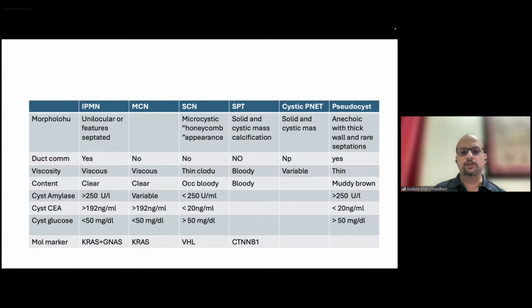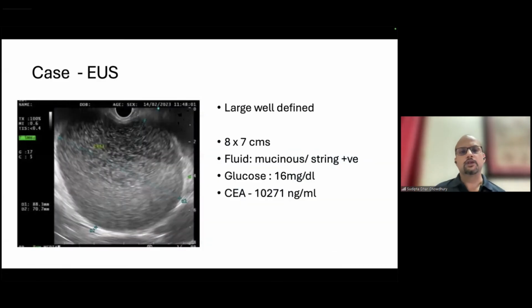CEA is elevated in mucinous lesions and low in non-mucinous lesions, and the high is more than 192 nanograms per ml. Cyst glucose is lower in mucinous lesions like IPMN and MCN. And molecular markers like KRAS and GNAS adequately identify IPMN, and KRAS for MCN. I'll talk about this a bit later, what the other molecular markers that we can use include the VHL and the CTNNB1. So now, as we discussed in the quiz, we decided to do the EUS of this lesion,